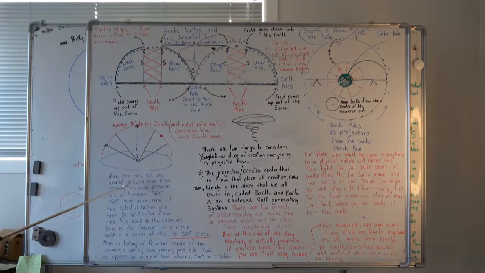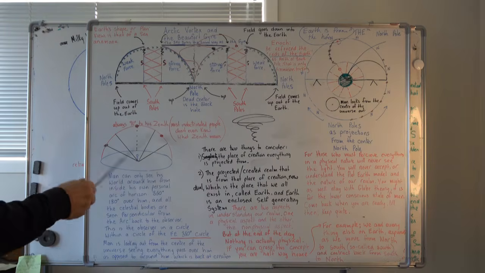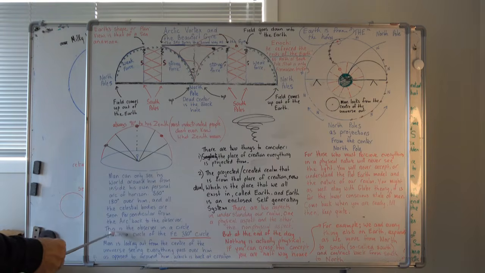What have we got here? Man can only see his world around him from inside his own personal arc of horizon. 360 degrees all around him, 180 degrees over him. And all the celestial bodies are seen perpendicular from the arc back to the observer. The Egyptians wrote all about this. They call it the man's arc of horizon. You think the ancient Egyptians are dumb? And you need